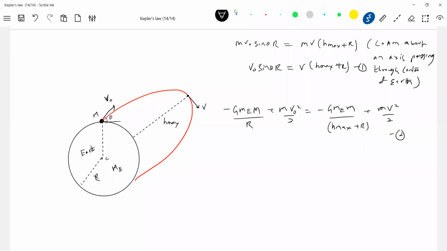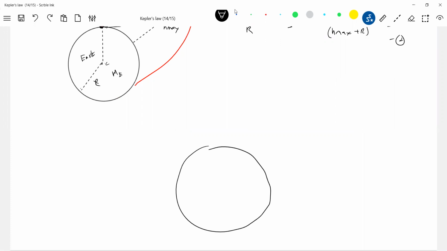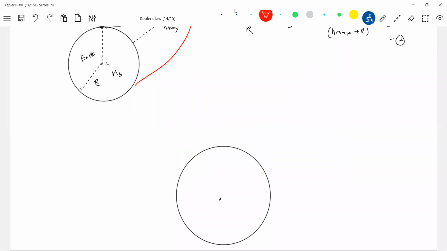Sir, now you have to ask a question, sir. On what basis are you claiming that the path will be like this only? So just take help of small ideas. Here the weight mg acts, and the velocity v naught, so it should deviate. Again at this particular point, the force will act like this, and the velocity, so it should deviate. I think you must know how to trace out the path also. It's not something you blind guess. You should have enough kinematics approach. This is the path I'm proposing here.